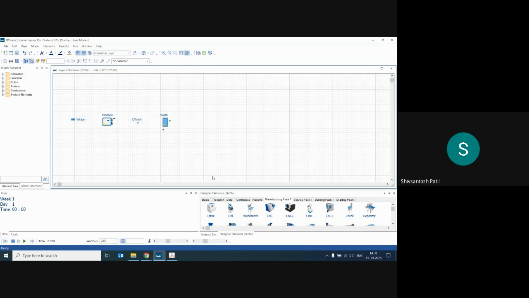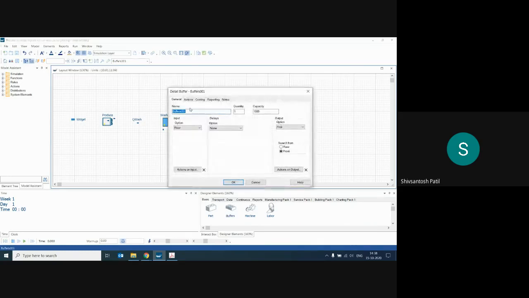Now I am going to the next section. After the wash, I have to add a weighing machine buffer. I select a buffer from the basic area. Okay, just observe, buffer from the basic area. I change the name